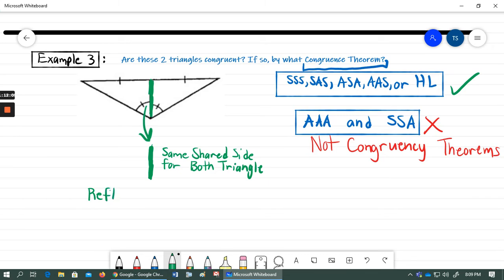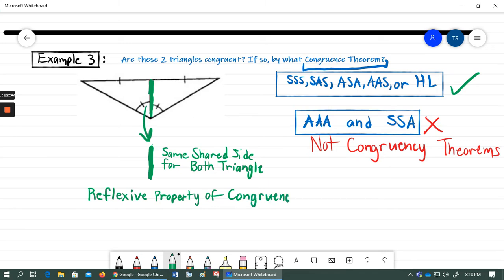Yes. Those things that we talked about in the past, one of those properties of congruence, the reflexive property of congruence, says that this side is congruent to itself, right? So that means that since both triangles share this side and it's technically the same side for both triangles, based on the reflexive property of congruence,